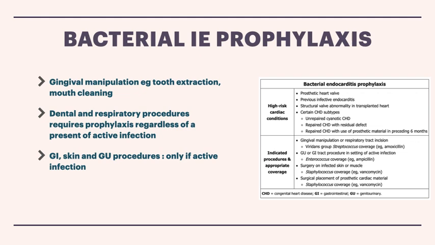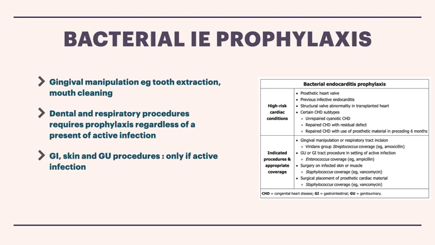Okay, amoxicillin. For patients undergoing a GU or GI tract procedure in the presence of an active infection, the most common organism is Enterococcus. So these patients should receive ampicillin. Okay? For patients undergoing surgery on infected skin or muscle, the most common organism is Staphylococcus. So these patients should receive vancomycin. You need to cover for MRSA. For a patient undergoing surgical replacement of a prosthetic cardiac material, you need to cover for Staphylococcus again, so